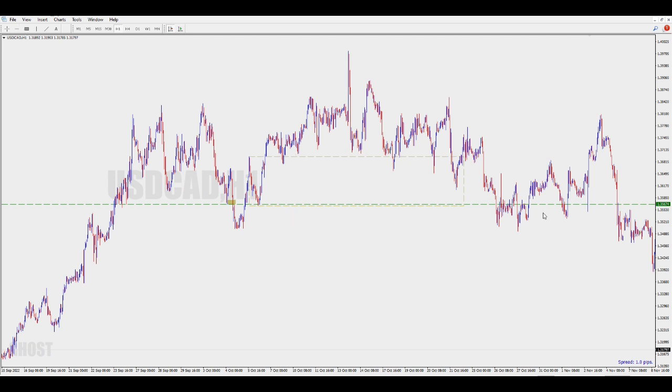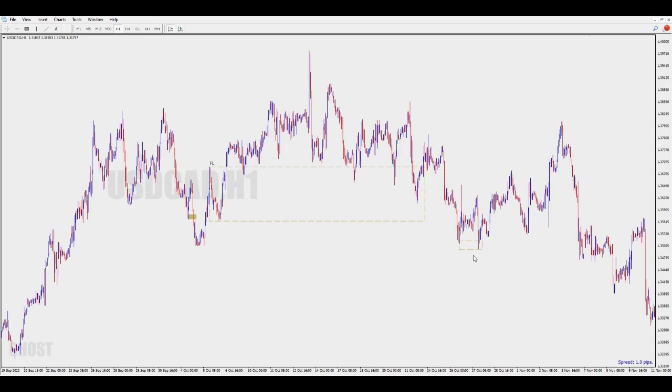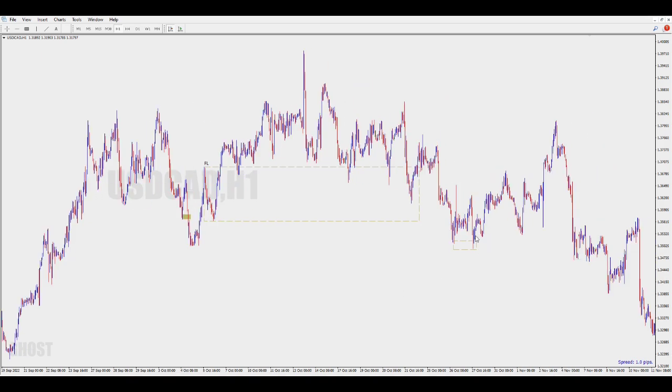In this area, you can see that price breaks the flag limit. Let's make it flag limit. You can see here clearly the break of the flag limit. And then we need to wait for the next zone to develop,